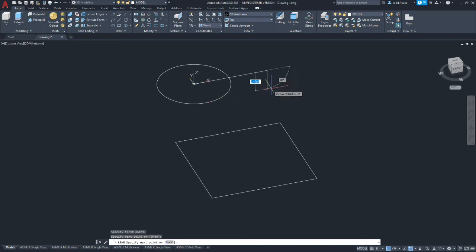We're going to draw past our circle, and we're going to repeat that. And then we can come back and trim the tails off, and we can extend them to break our circle into quadrants.